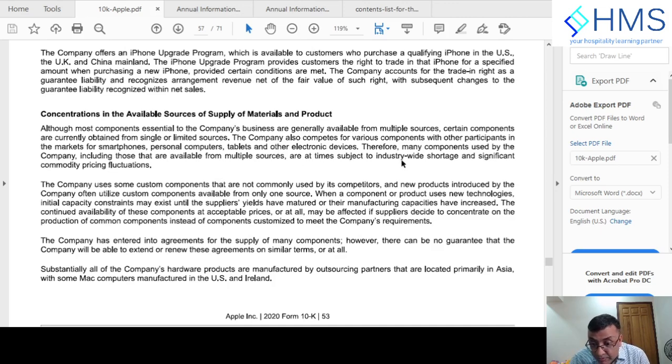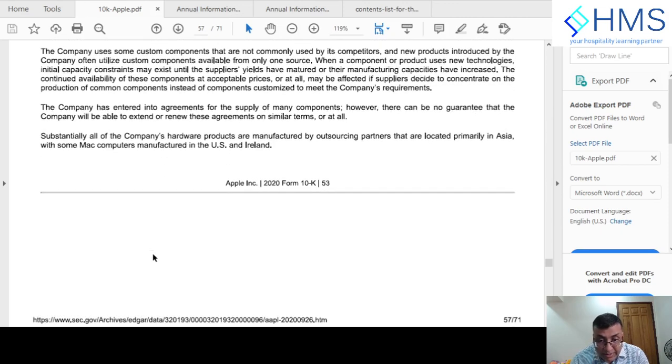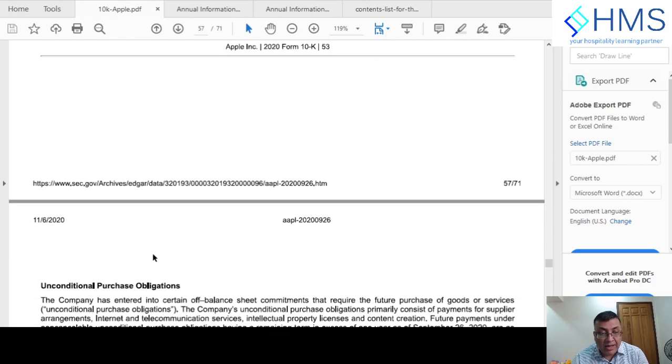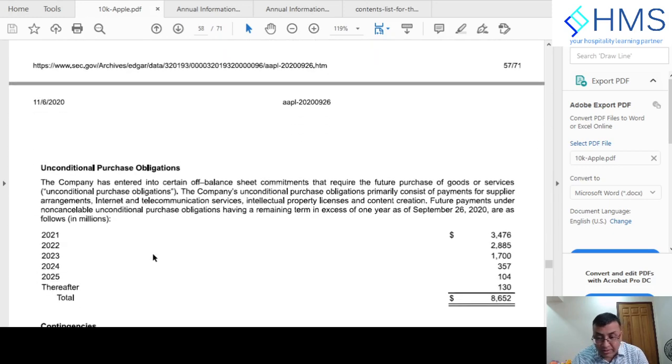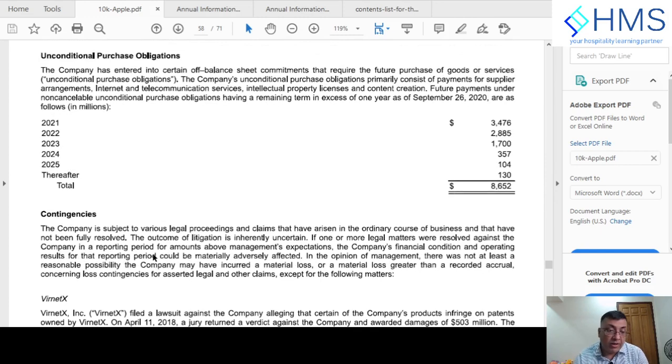The company competes with various companies and uses custom components. It does not say which specific components they are having a significant concentration in, but they are just saying some of the components are concentrated, which is fair. They are not going to give information about the company in that detail, but you may have to research it by yourself on the web, what kind of components are made where. That kind of information is usually available through an internet search.